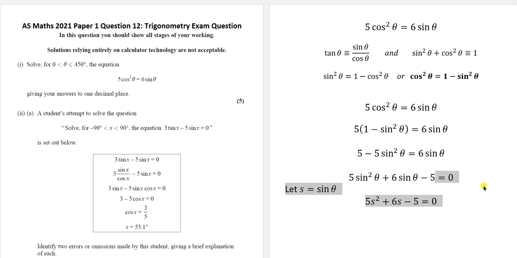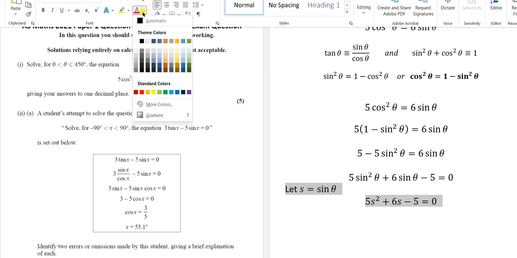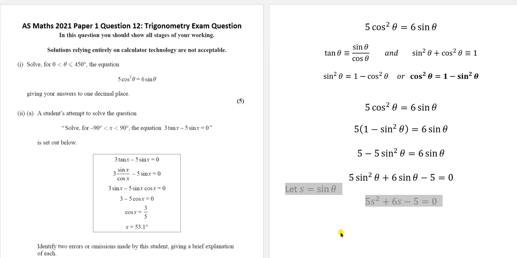If you can avoid doing that, I think I would recommend not bothering with that, mostly because it's easy to get confused if you're using awkward letters like s, but also because it's easy and very tempting to think you're finished when you found the value of s, whereas in fact, you won't have solved part I of this problem until you've found solutions for theta. So although you can think of it in your head perhaps as 5s squared add 6s minus 5, remember that what you're dealing with is actually sine theta. And after you've found any possible solutions for sine theta, you still need to go ahead and find the corresponding